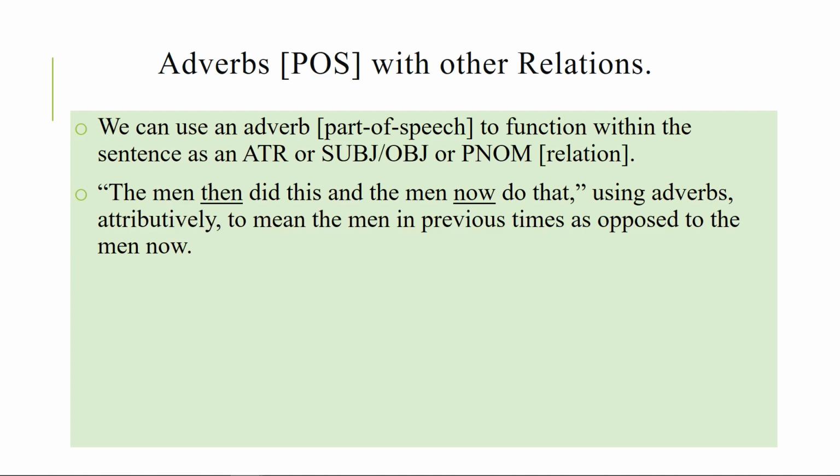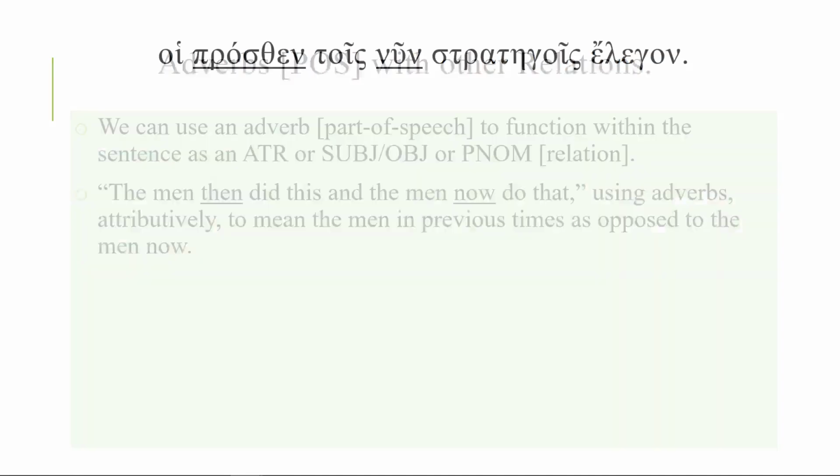It was near. We see a lot in phrases like the men then did this and the men now do that, where then and now are adverbs, but they're modifying the men. And so they're not being used to modify verbs or adjectives or anything else. They're being used to modify nouns, which grammarians in English will say you can't do, but we do it all the time. So, for example,